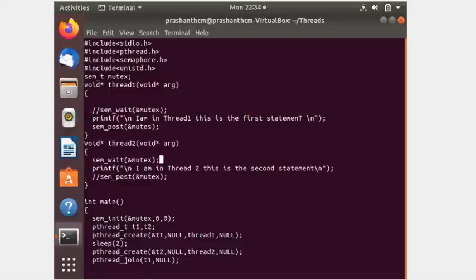Now look at the changes that I have made here. I have commented this and put signal operation on mutex. Okay, this is a spelling mistake. I will correct it. Okay, hope this works. I will save and yeah,